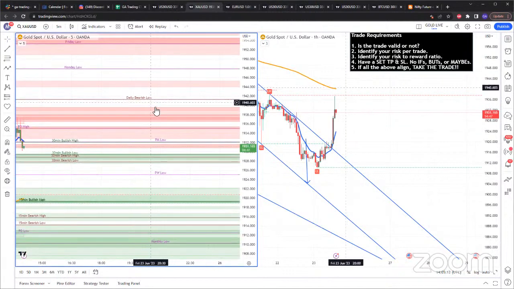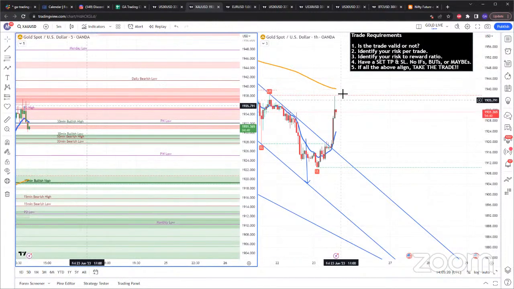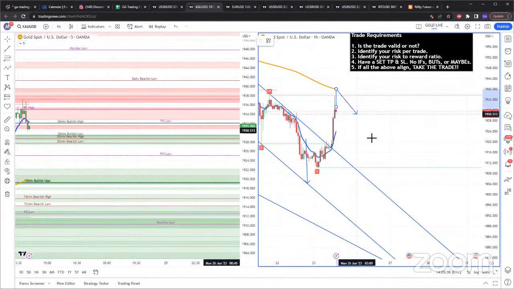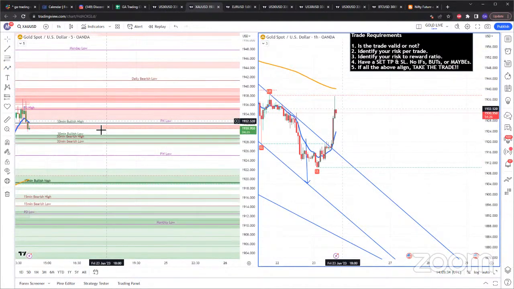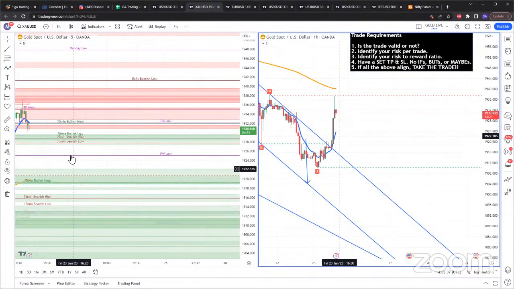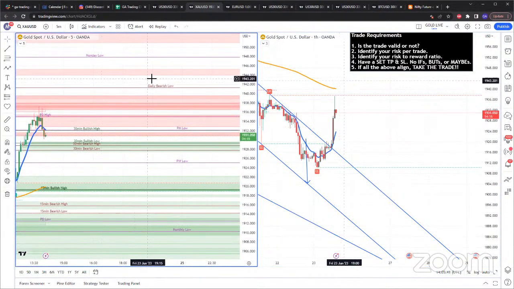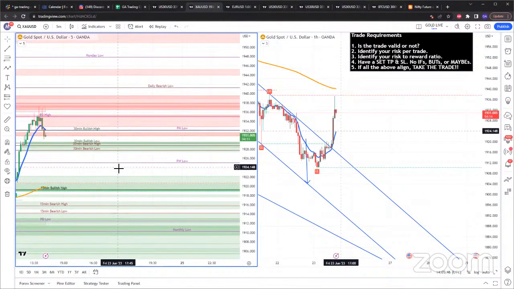Daily bearish low that's all the way up here. What price point is there? 1941. Literally, I didn't even look at what was around 1940, but I just gave you the analysis of a retest of the 200 EMA on the hourly, and this is going to be the determining area on whether gold goes back down or back up. Just by doing process of elimination and removing the 4-hour order blocks that cancel each other out and the hourly opposing order blocks that cancel each other out, you take off all that noise, and you're left with your perfect sell area, which is the 1940 area.